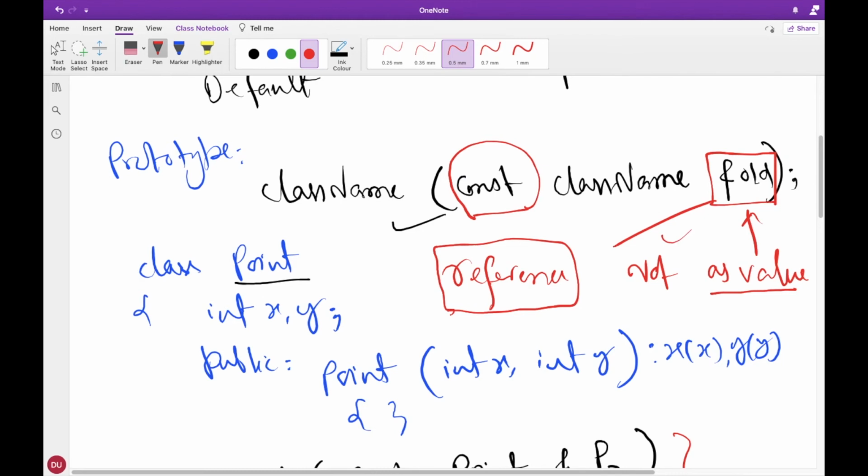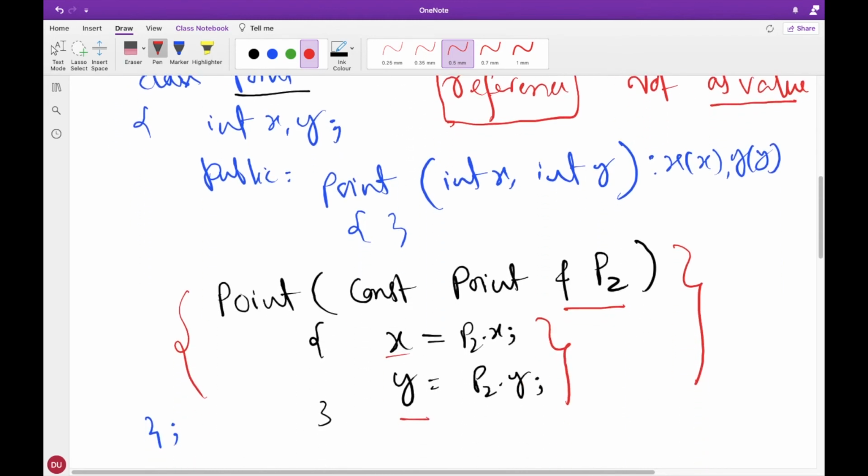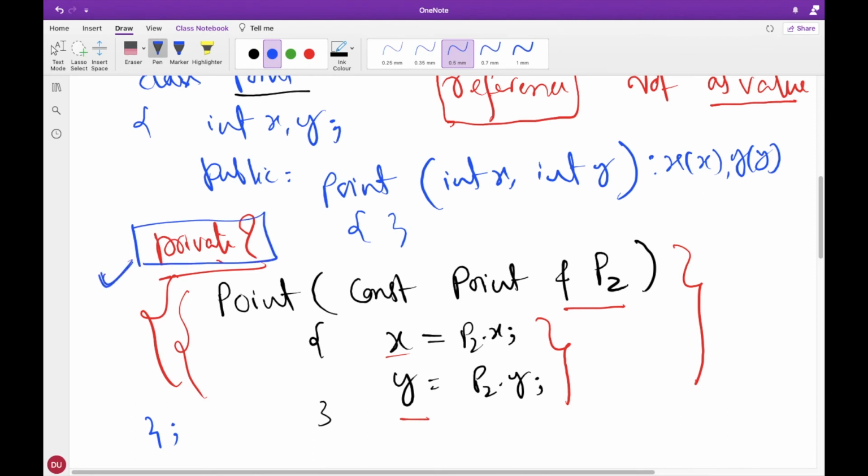Clear? One more concept that you should understand: can we make this constructor or this copy constructor as private? Think about this in 5 seconds and try to match your answer with mine now. So when we make a copy constructor private, object of that class become non-copyable, means this object cannot be copied now. Clear? So generally we will not make it private, but if it is private, this object cannot be copied, right? So let's try to implement all these things and see everything in action.